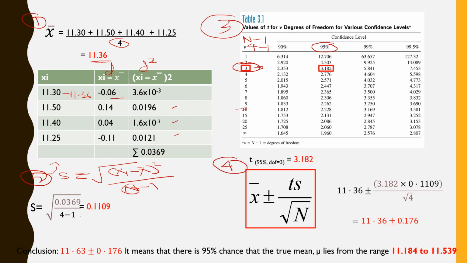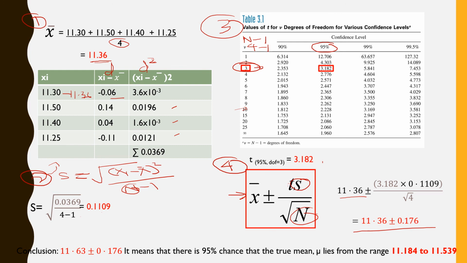To find the confidence level, you have to use this formula: mean plus minus t value times s, the standard deviation, over square root of n. The mean, of course, you know from step number 1, 11.36, plus minus t from the table in step number 3, 3.182, times s, the standard deviation from step number 2, 0.1109, over square root of n. N is the data set, we have 4 data. So the answer for the confidence level is 11.36 plus minus